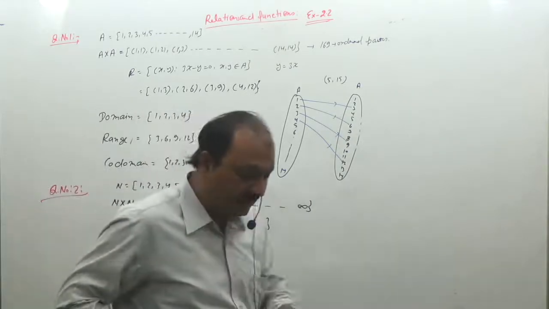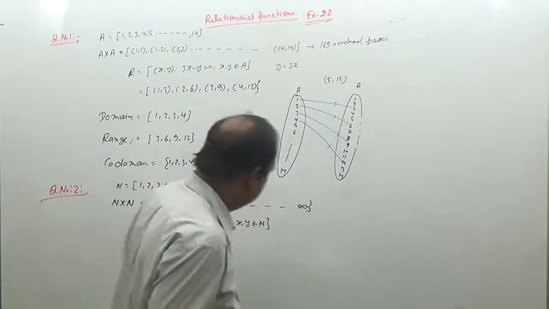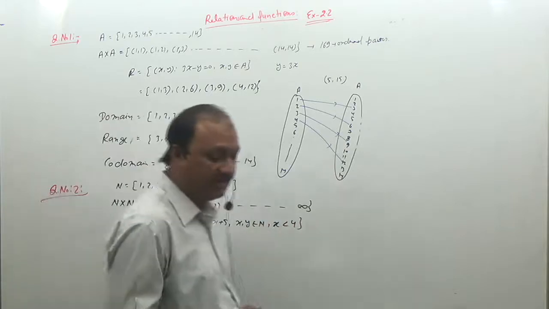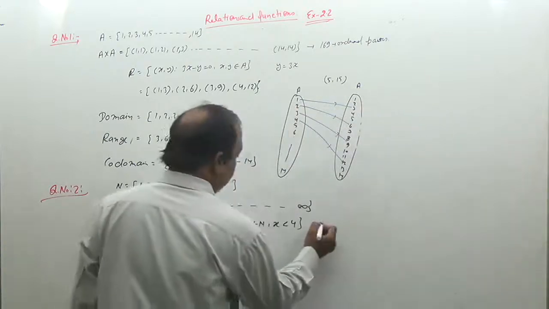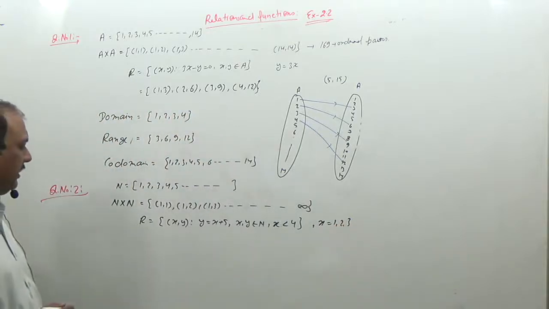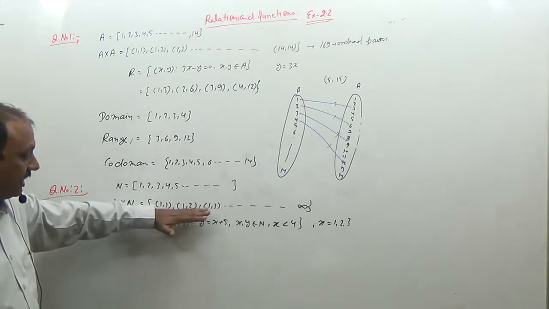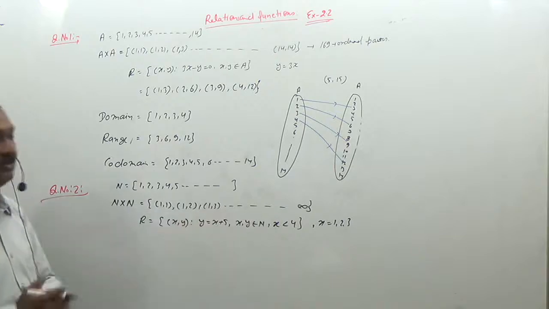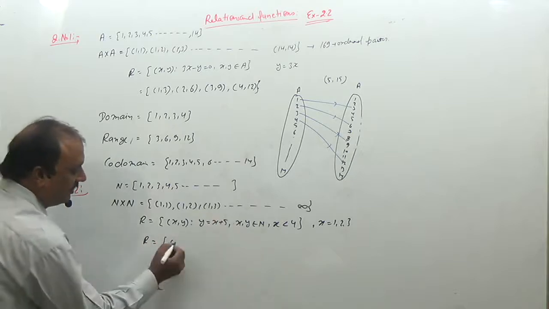But there is another condition ahead: x is less than 4. यहां पर केवल x के लिए लिमिट है कि we can take x equal to 1, 2, 3, that is, यहां पर x को 1 ले सकते हैं, 2 ले सकते हैं, 3 ले सकते हैं। So simply, first of all, form the roster form of the relation, that is, we select all the ordered pairs of N cross N which follow that y is equal to x plus 5, where x is equal to 1, 2, 3.